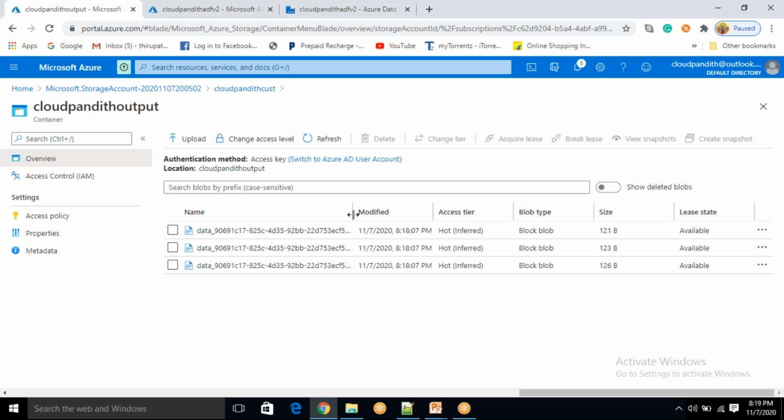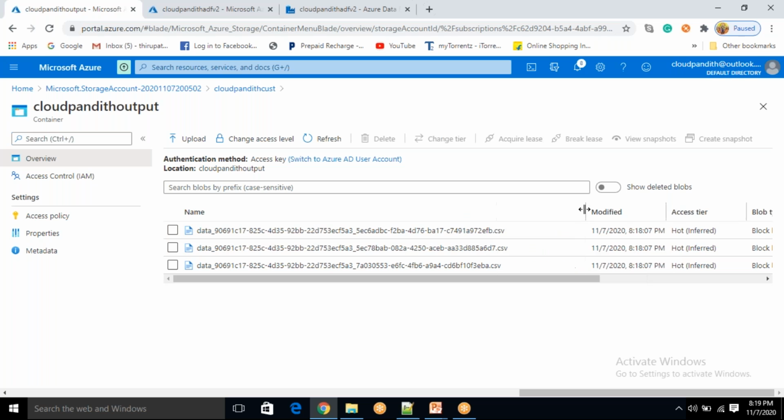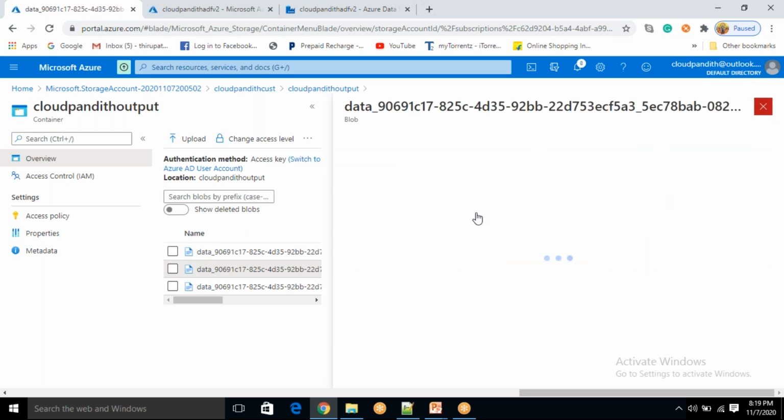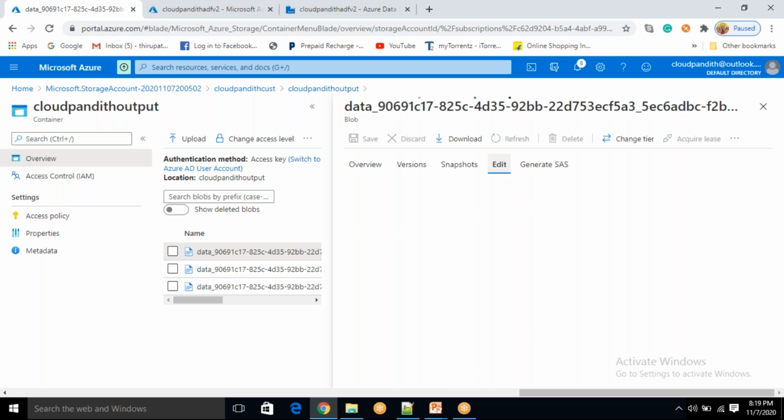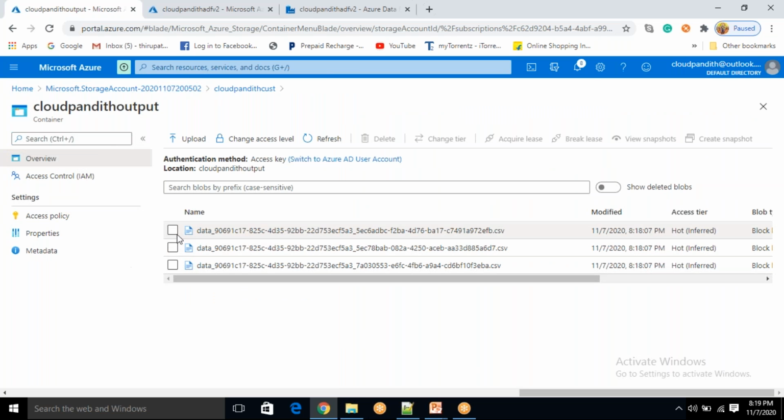All the file names, you see data underscore, this is the unique ID that will be appended, and all the files are .csv. If you want to open any other file randomly and verify whether it is a CSV or not, you can. It is CSV. Clear?